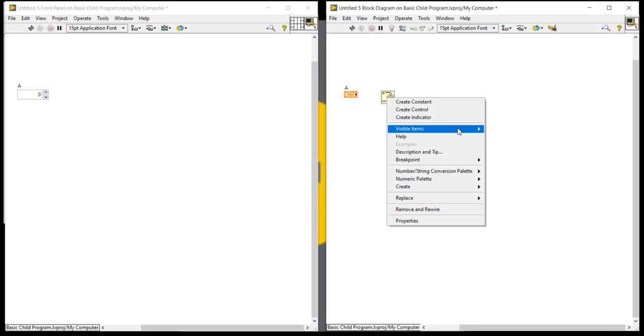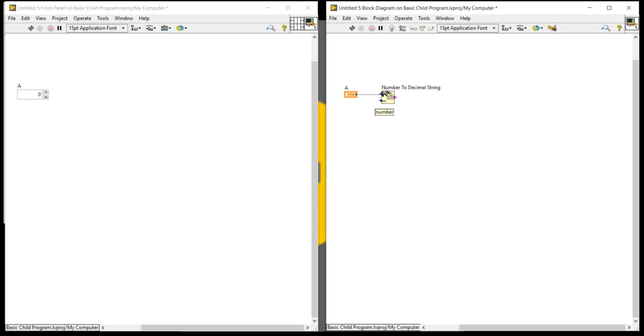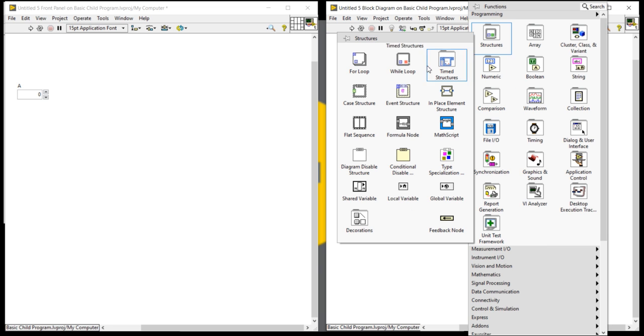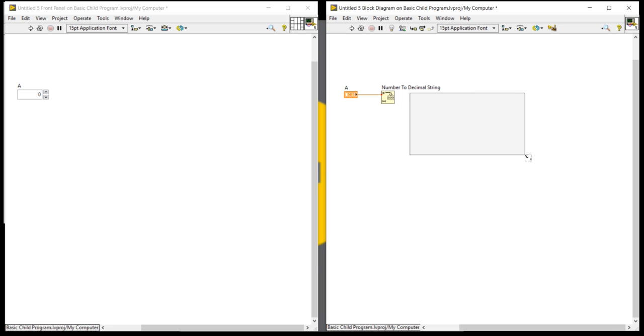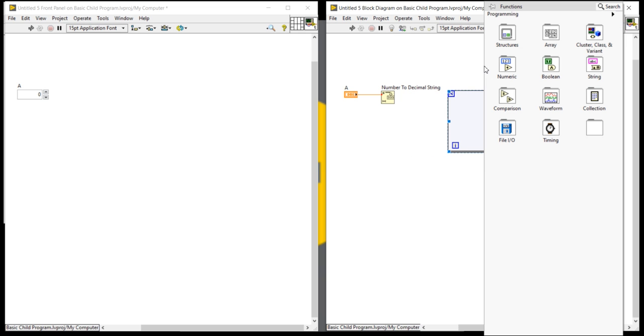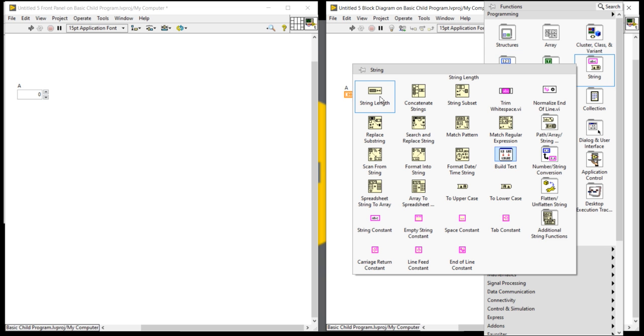I am taking the function. After that I am taking a for loop. Then I will take one string length function.